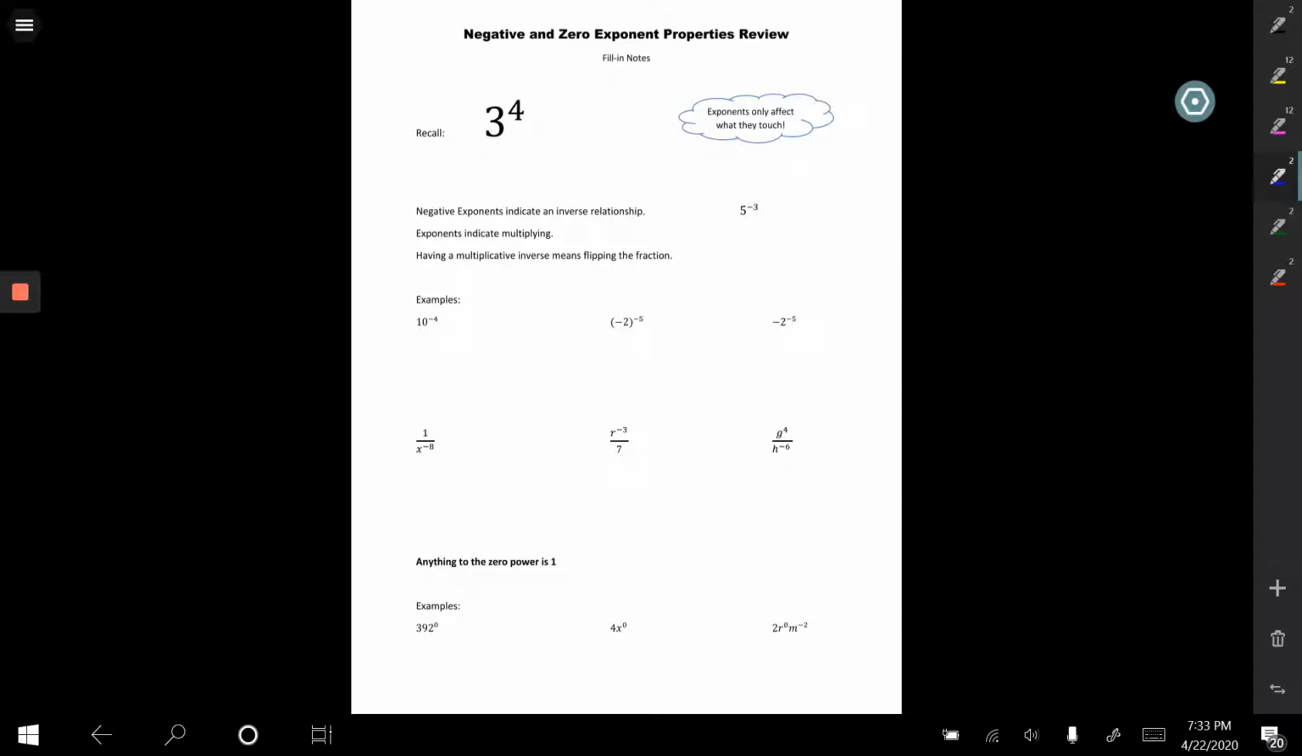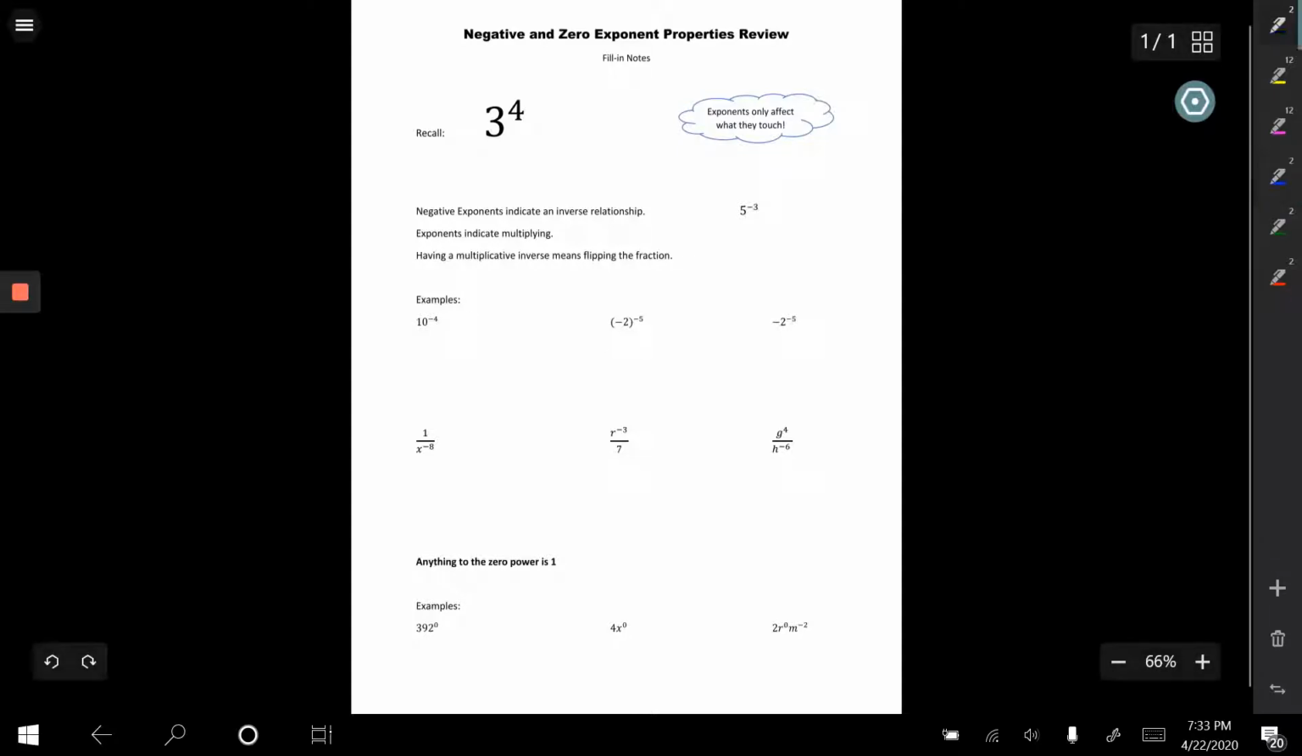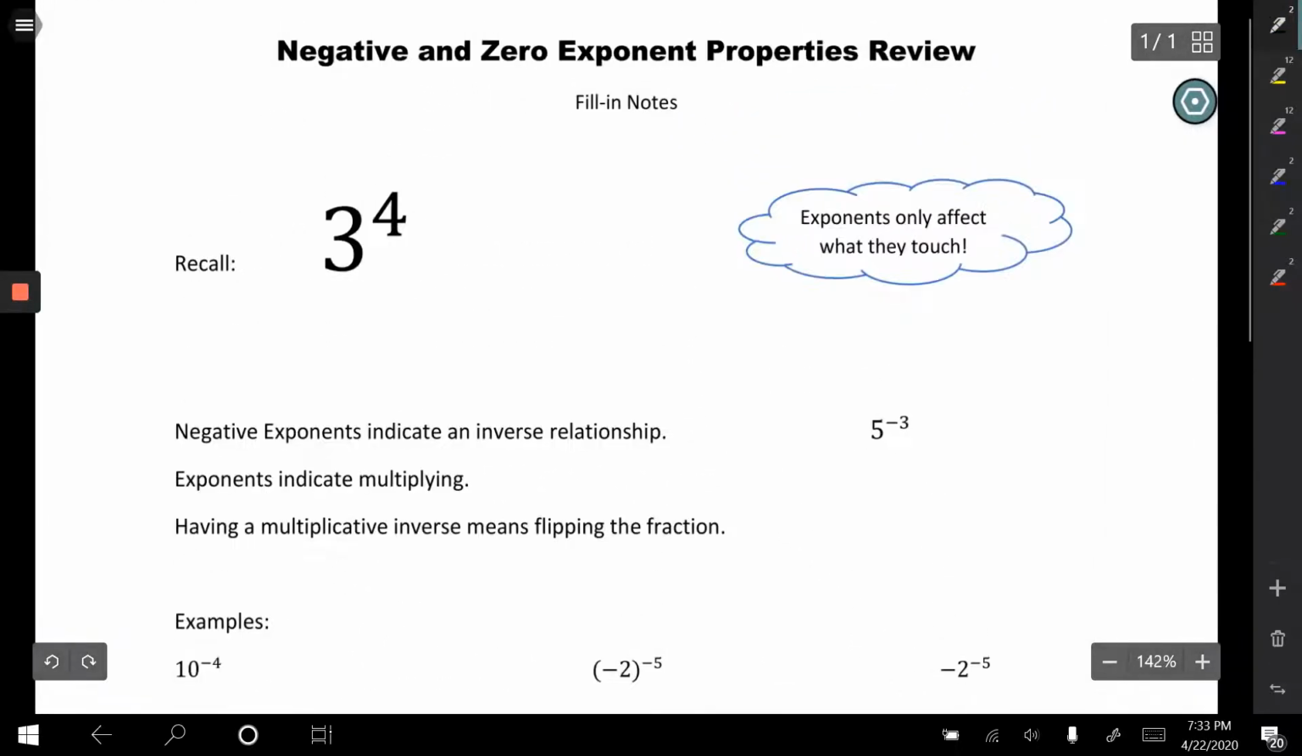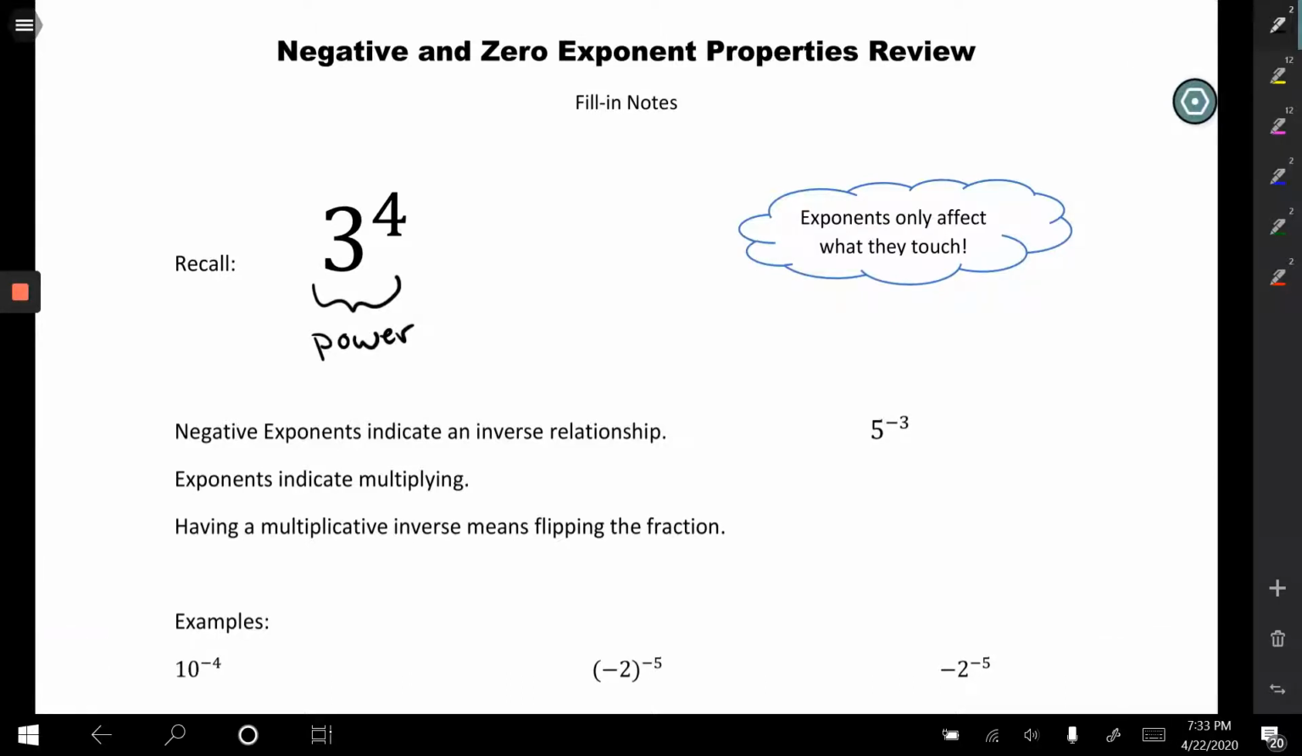Now I want to make sure when we're talking about these, we all know the right vocabulary to talk about. So here's my power here. I've got 3 to the 4th power. And when I'm talking about that as a whole unit, I'm going to talk about the power, 3 with an exponent of 4. And when I'm talking about just the number that is being multiplied, that is the large number, I'm going to